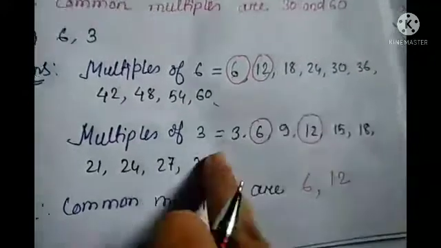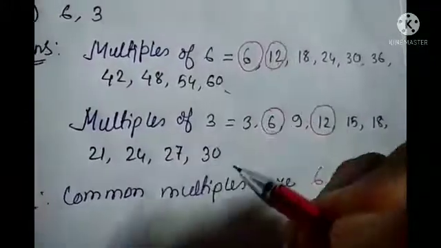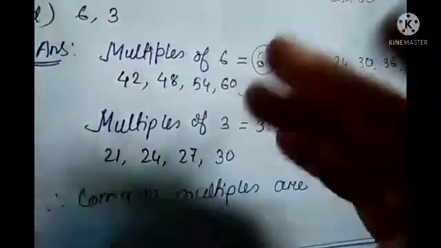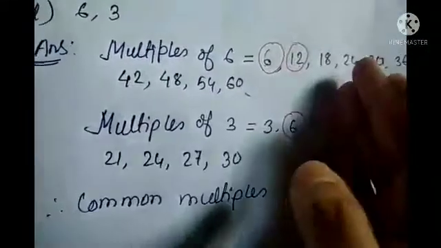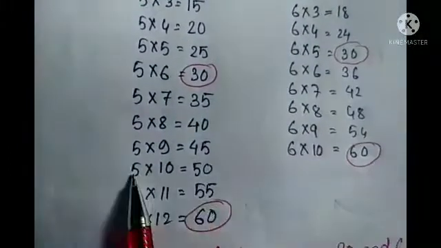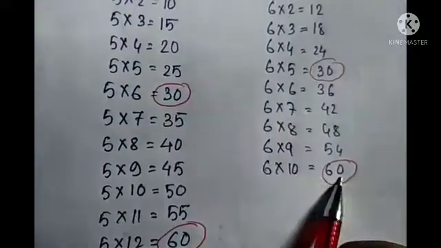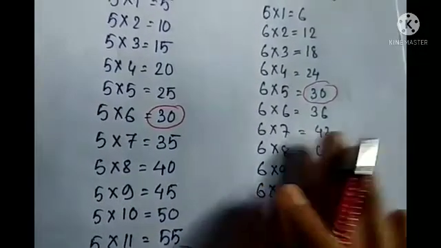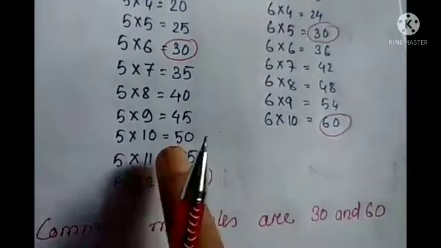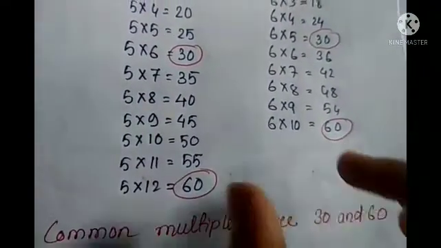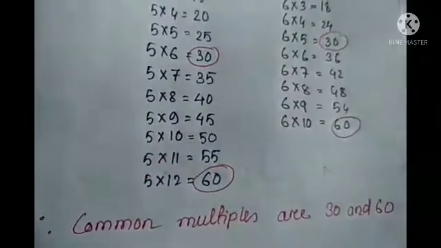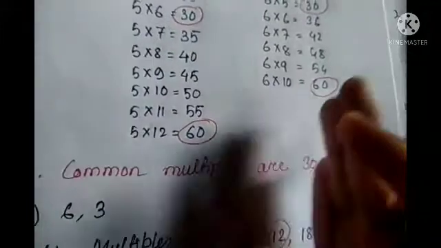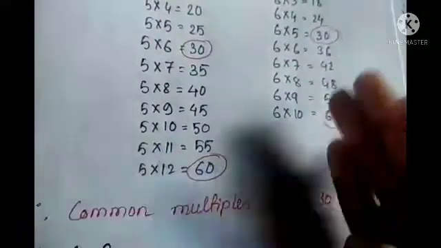Okay, so I will suggest that up to 10 you all know, right? So between them you can find the multiples, and if you are not getting more, okay, suppose you consider this case. Up to 5 means 10 you have written, here also 10. In up to this much you are not finding any common multiple except 30, right? Because you need another 60. For that you have to multiply with 11, 12, then you can get. So in that case you might multiply with some other number more than 10. So that is a different case. Okay, if you're not finding one, then you have to check by multiplying further numbers.